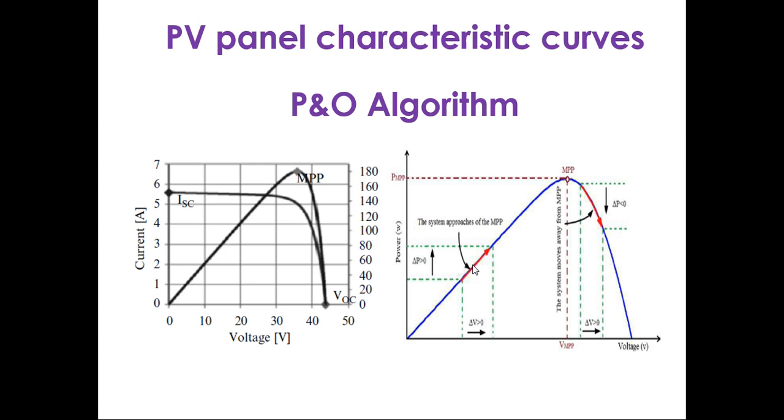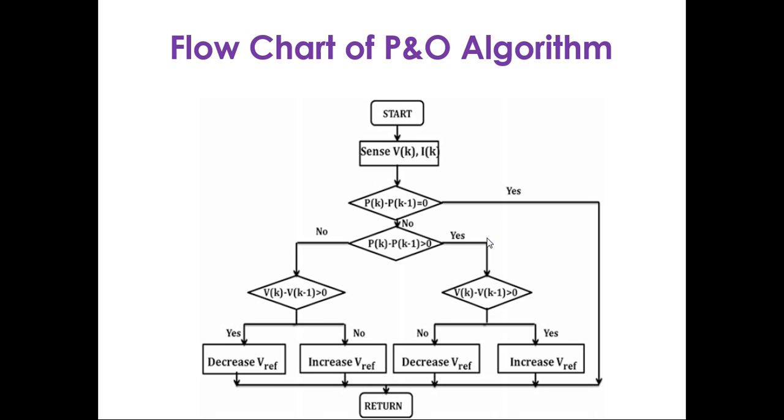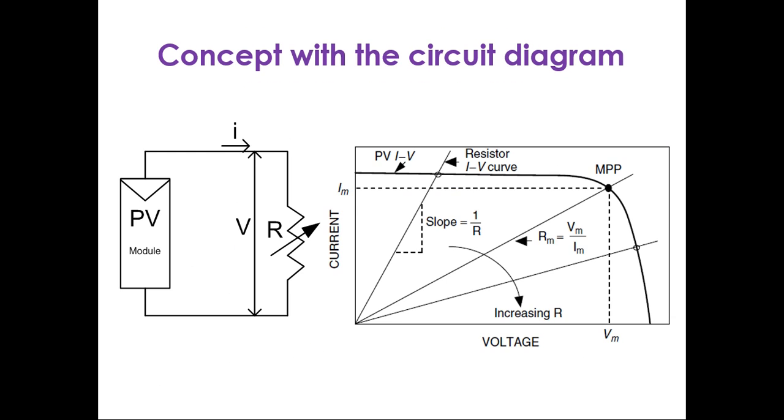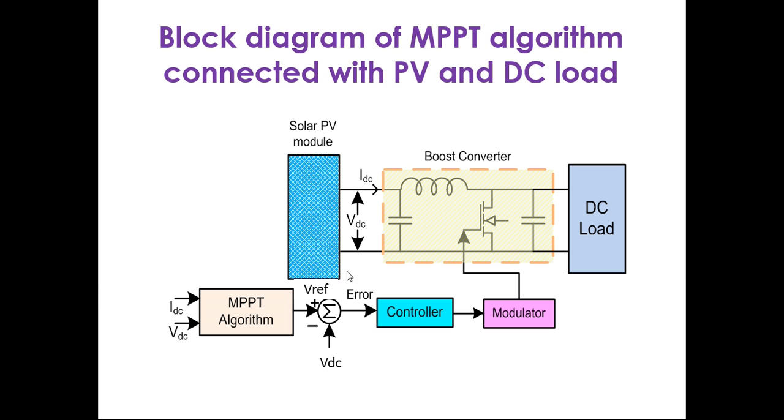If we go with the smaller step size, then the perturbation size is less, accuracy is high, but it will take a long time to reach that MPPT. So this concept is known as perturb and observe. If you look at this flowchart of the algorithm, as we have sensed over here, the voltage and current,